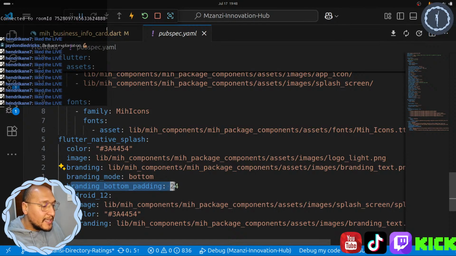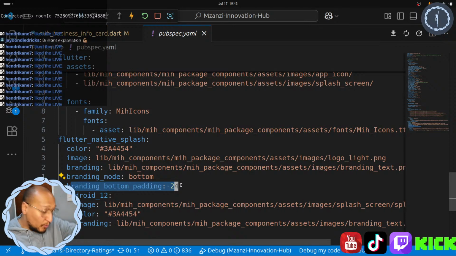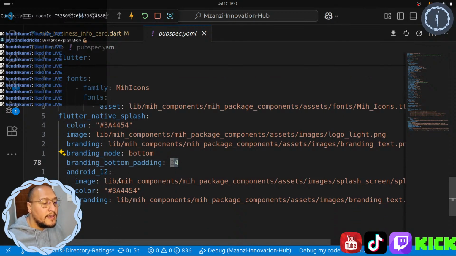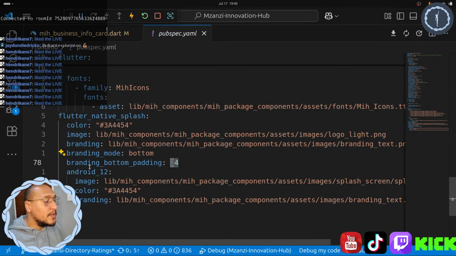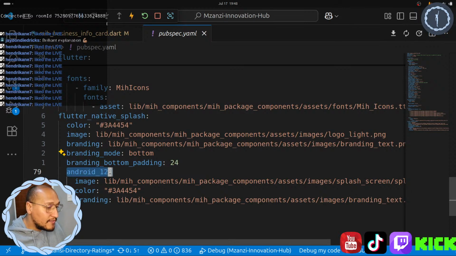Then the padding. If you don't add this padding in, that branding at the bottom of the screen will be right at the bottom. I wanted a little bit of space over there, so I added 24, maybe pixels or whatever, to the branding. Then the important part, which I'm assuming is where the issue is coming in for you, is the Android 12 section. This is if you want your app to work on Android 12 plus.